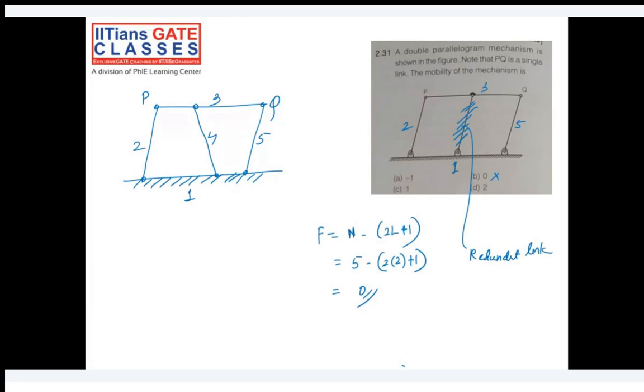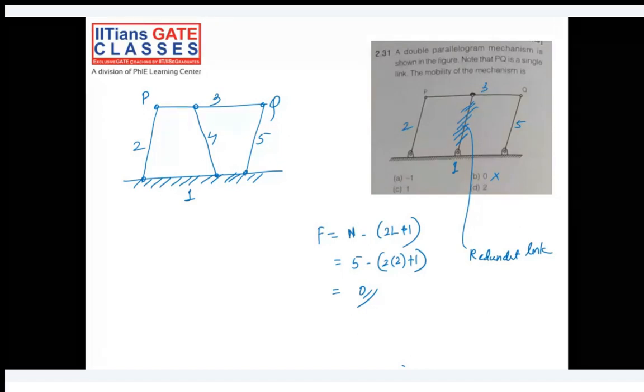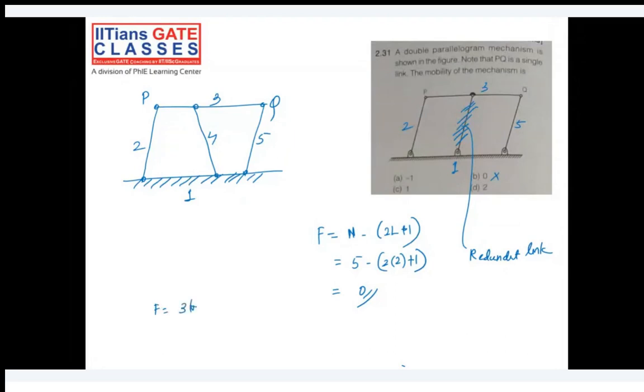Okay, so if you use the other formula in this case, let's say 3 times n minus 1, minus 2 times p1, minus FR, where FR stands for the number of redundant degrees of freedom. So if you do this in this case, you are removing that redundant link. So you have a total of 4 links. So 3 times n4 minus 1 minus 2 times p will be, you have